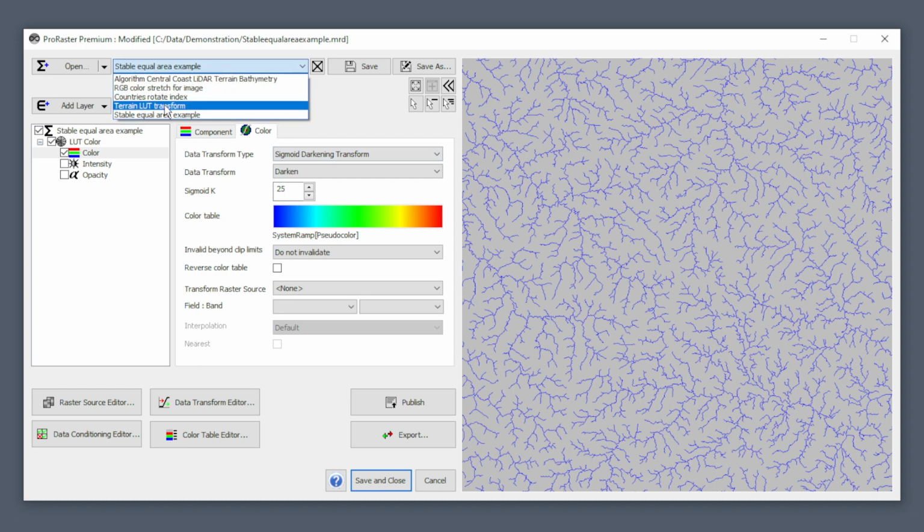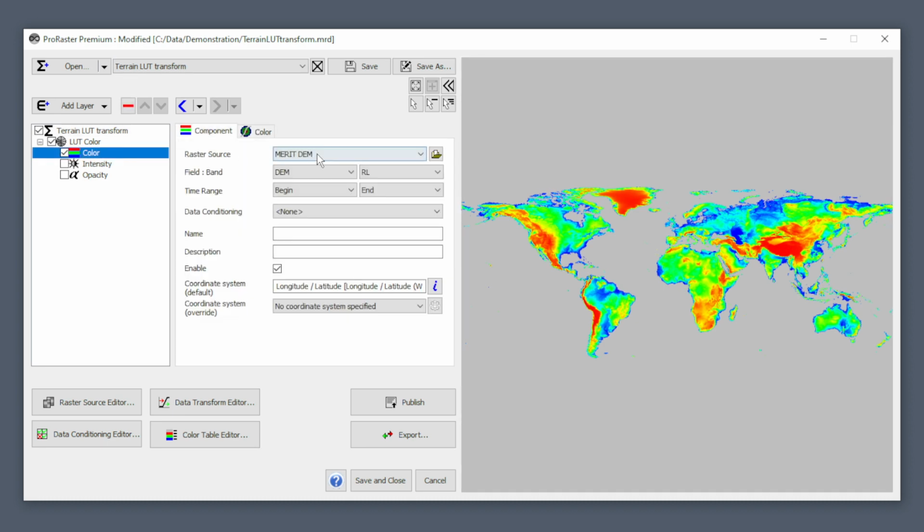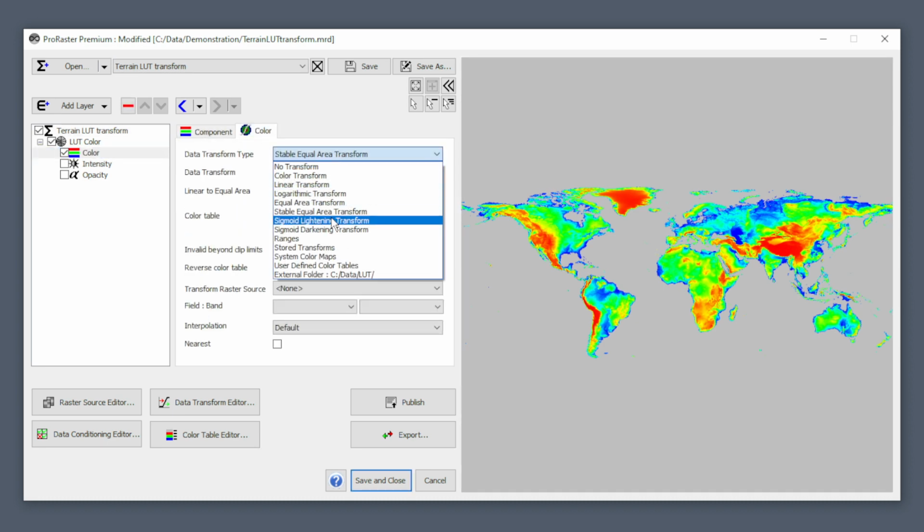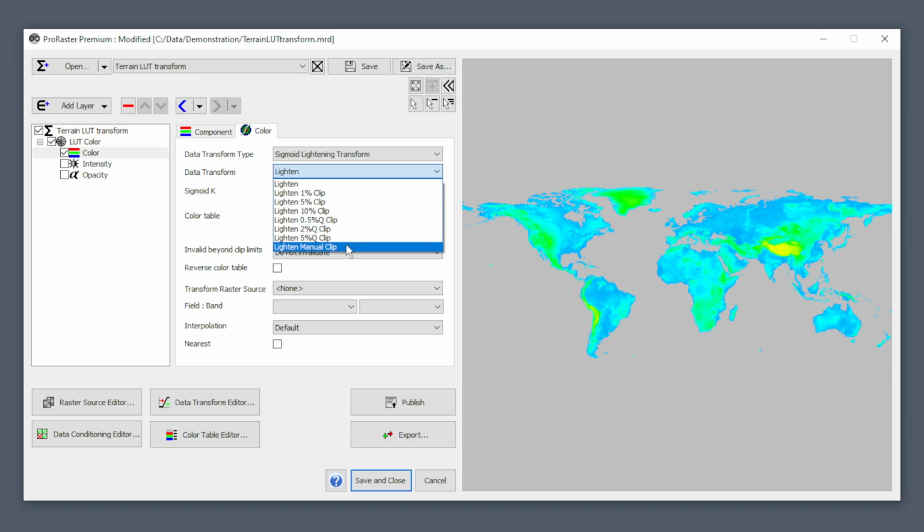see that. Just go to the lookup table. Sigmoid lightening, so we have here all the standard clip options, manual, percentage and percentile, same with sigmoid darkening. Sigmoid function ranges between a linear function and a curve. So if the curve bends upwards, then you're getting some lightening. If the curve bends downwards below the linear transform line, then you're getting darkening. And the amount that it curves is given by this, and you can put it between